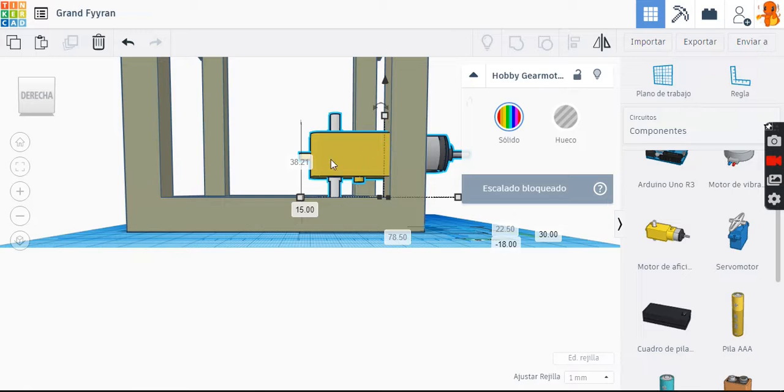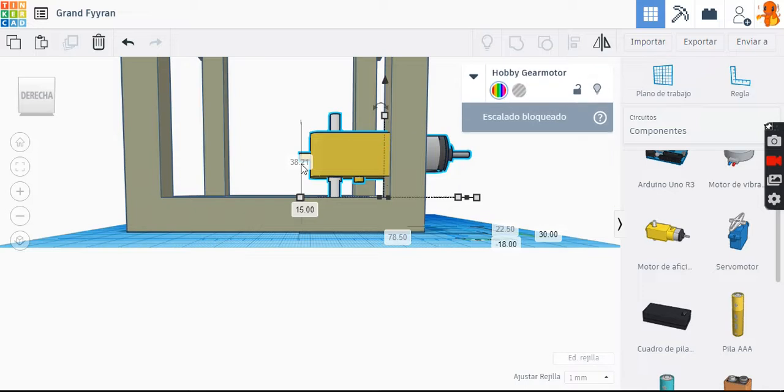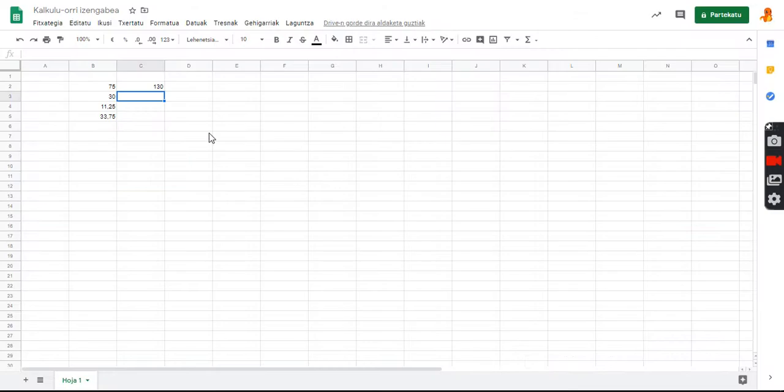Okay, we are going to calculate it like this, and then if we have to adjust it, we adjust it. But the project will be made with this motor, okay? So 38.21, 15, and 38.21 divided by 2. So this will be